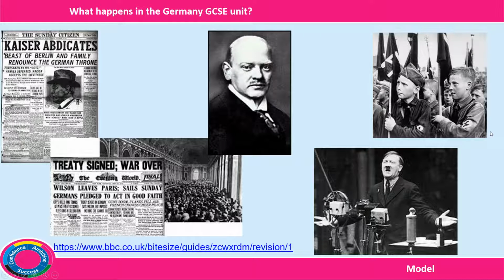Remember, in the Germany unit we are looking at 1819 to 1945. We start with life under the Kaiser, the German emperor. We looked at his policy of having a big navy and his determination to get a big empire, which led to competition between Britain and Germany in terms of international position. We looked at the naval laws, which saw them both competing as to who could have the biggest navy.